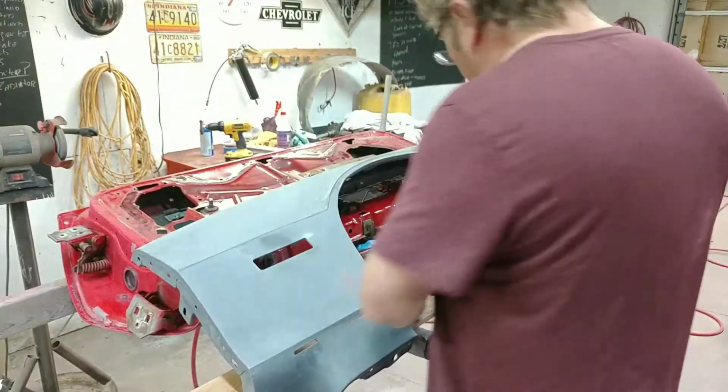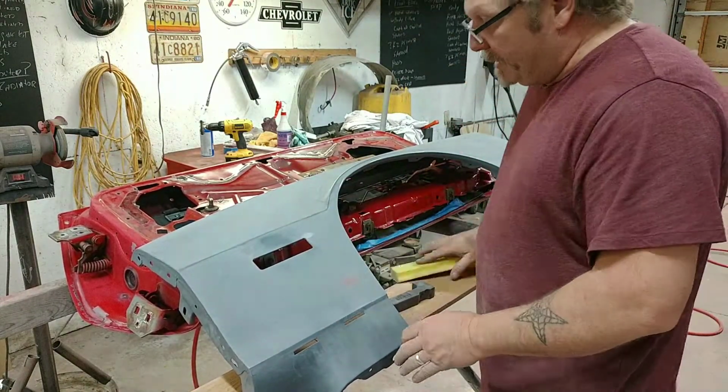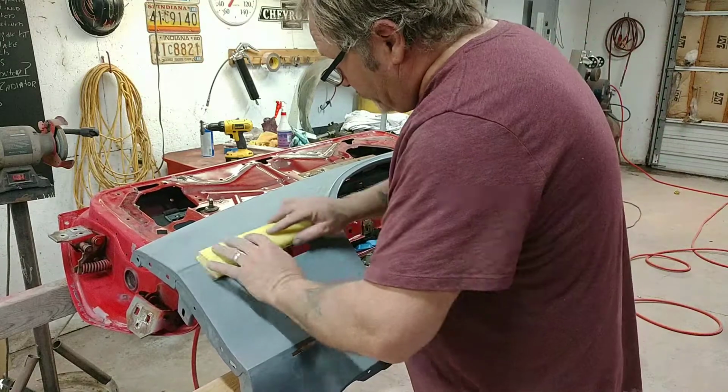Technique I'm using, you can put your dolly on the back of this low spot, and you can tap around it. It sometimes pushes that out. And if it doesn't work, then I'll flip the fender over and tap it from behind. But